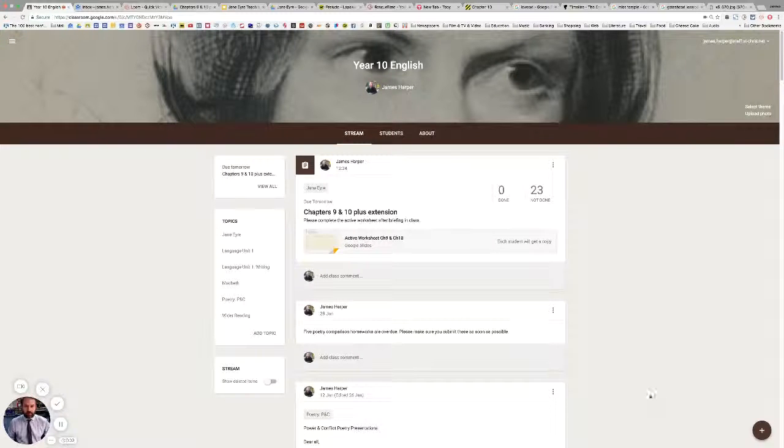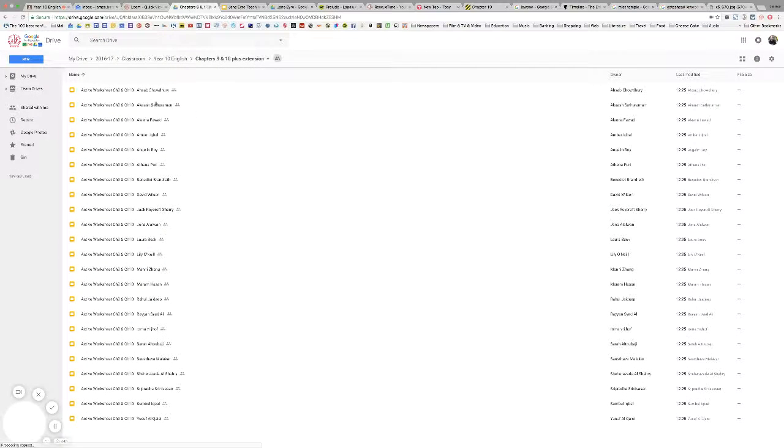Year 10, so this is how this is going to work. It's just a quick overview. This is how I see Google Classroom, but yours will look slightly different. You're going to get a copy of this each. So if I go to the file where all the copies are,